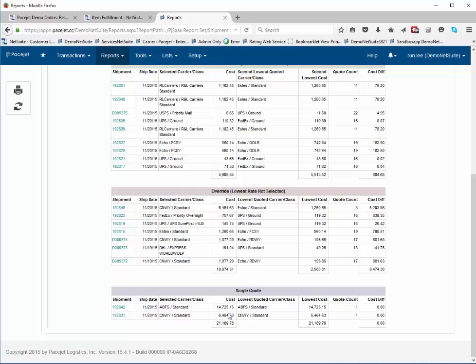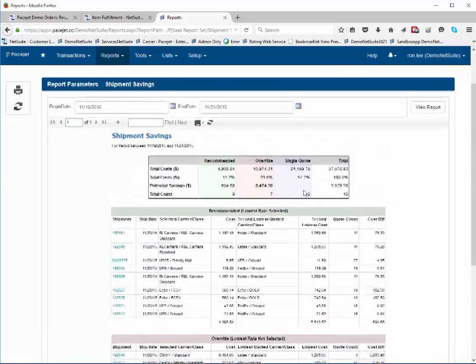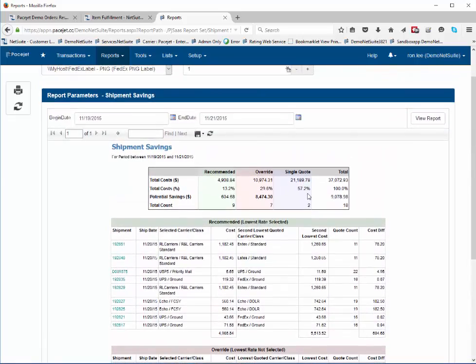Now, if I look at the details in this window of time, you can see those couple of examples where I had 2 LTL orders, one with ABF and one with Conway, their price, and we only quoted them. We only captured the price for them because we were directed to do that. So that's an area of potential savings because you made a decision to stick with that carrier and didn't look